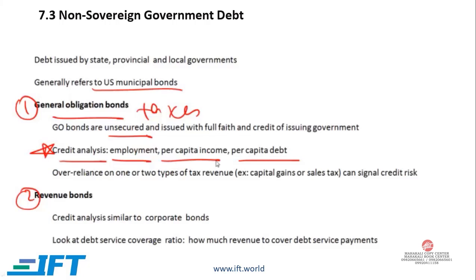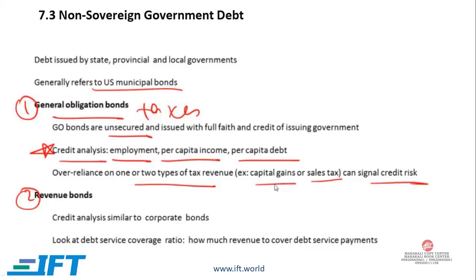credit analysis. We should also look at whether the municipal entity is relying too heavily on just one or two types of tax revenue, because this can be risky. If an entity is relying exclusively on capital gains taxes or sales taxes, these might work in the short run, but if there are economic downturns, then there will be a major impact, and this implies a relatively high level